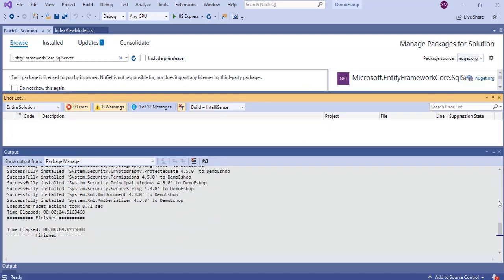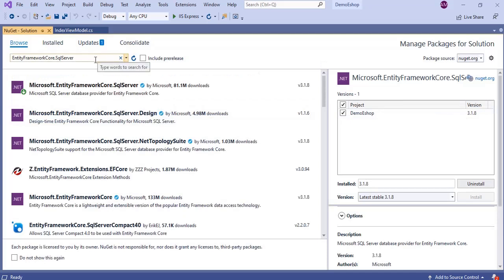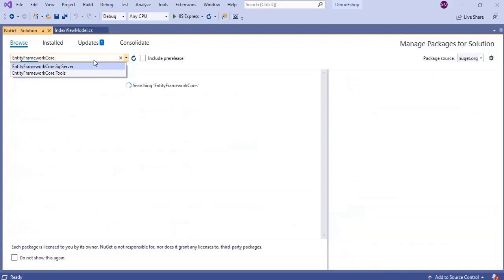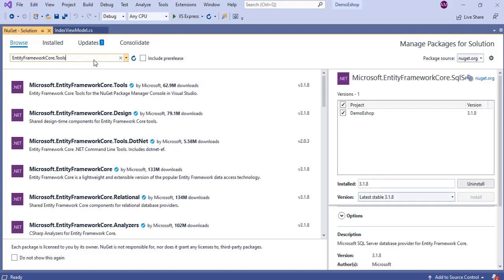Okay, now Entity Framework Core for SQL Server is installed. Now we need to install Entity Framework Core.tools. So we will again search for the tools. Framework Core.tools. Click that. Then select it.